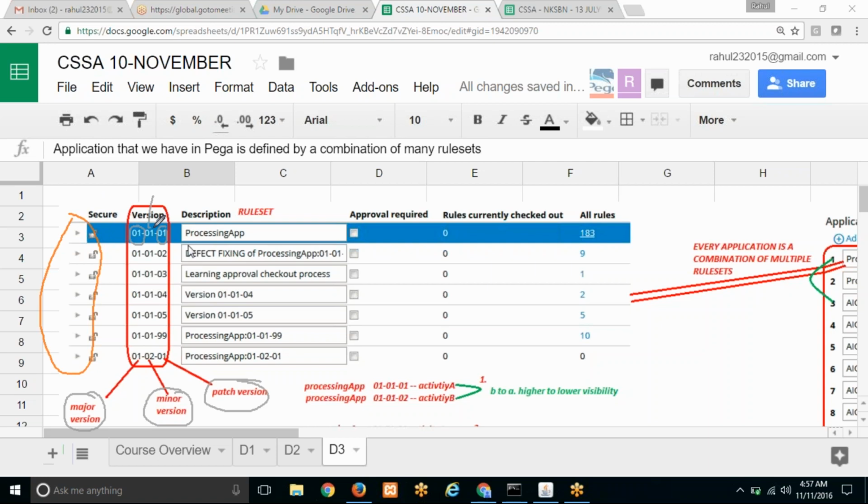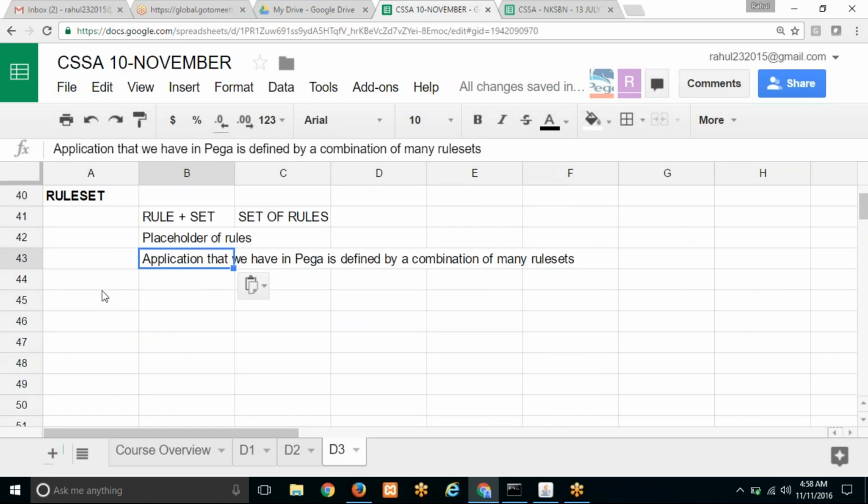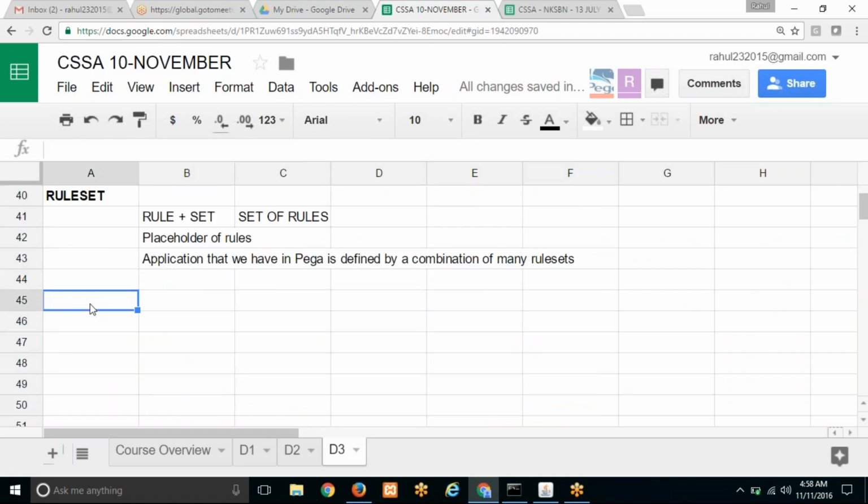Okay, so let's see what is the impact of having a major version and minor version. Why do we have to go through this much difficulty? Isn't it a lot easier just to say rule set version 1, version 2, version 3? Why did they make it complicated to have these 3 levels? That is important for you to understand. The reason why this complication is introduced is because, suppose an